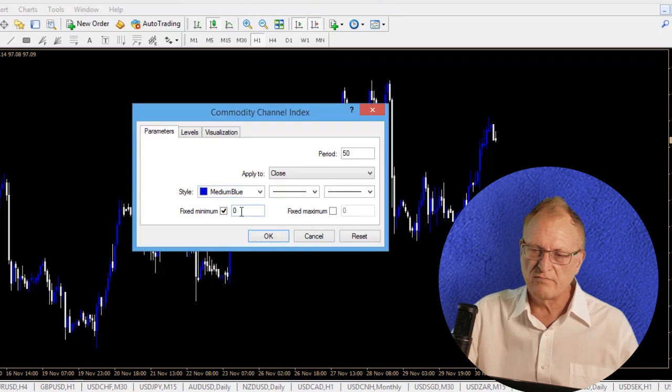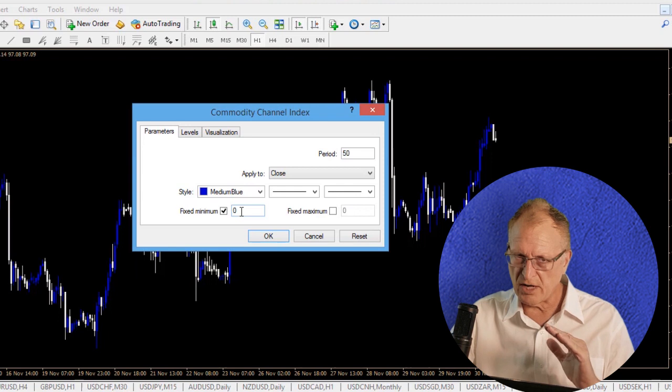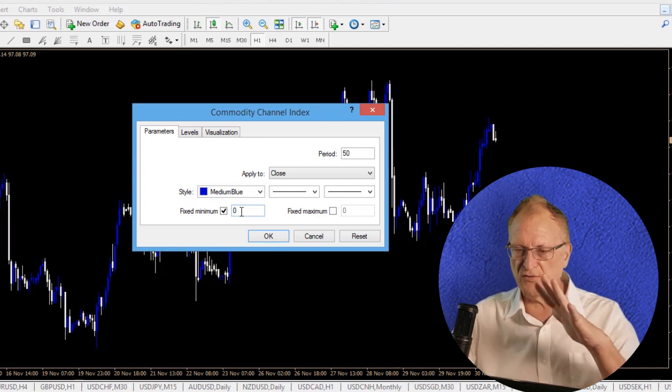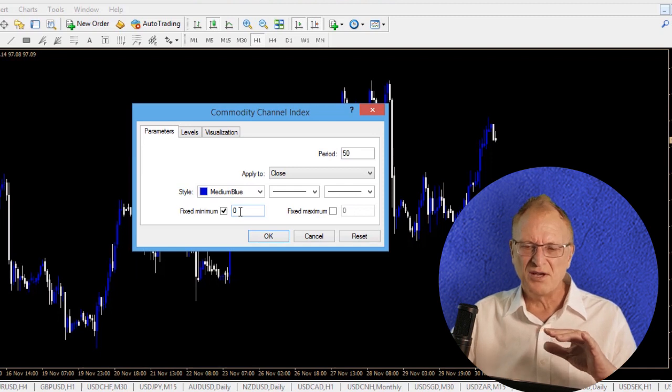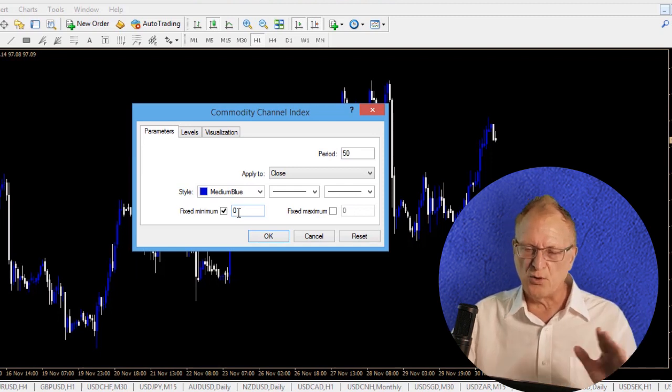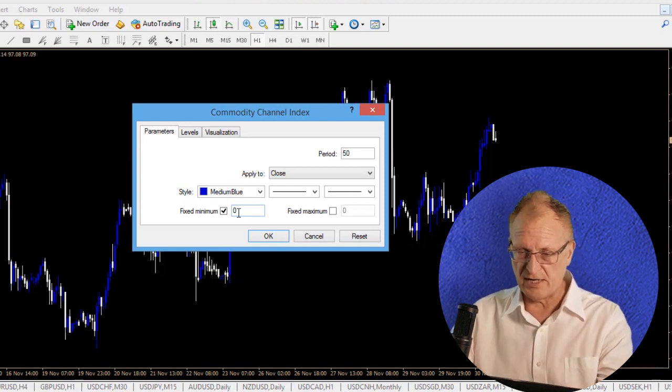With this particular indicator, and a lot of indicators in Metatrader 4, you have to deal with scaling issues so that multiple indicators scale together instead of moving up and down. As you scroll back and forth, they're not locked together, and so it doesn't give the right effect that you need to read it. So you can put in a fixed